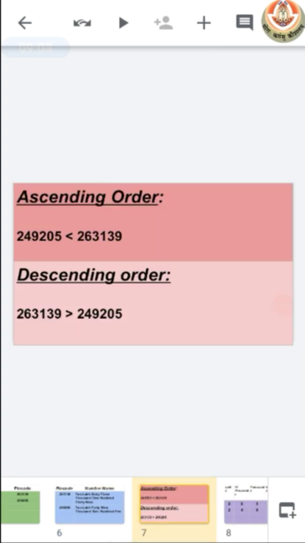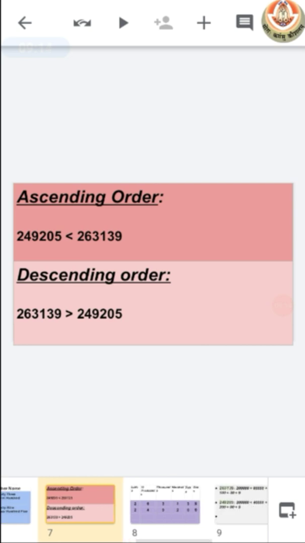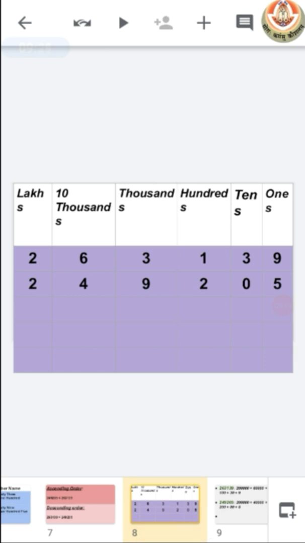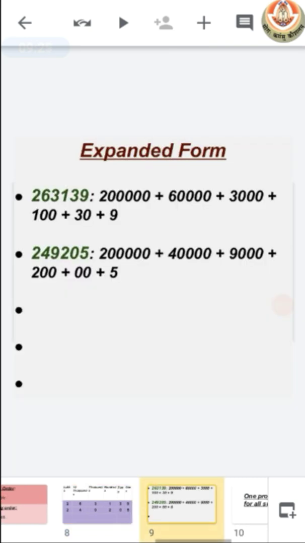Then for ascending and descending order, you can do it without any table or column. You just have to write the ascending and descending order for those 5 pin codes. After that, make a place value chart where you place those pin codes and their digits according to place value. And then finally, write the expanded form for those pin codes.